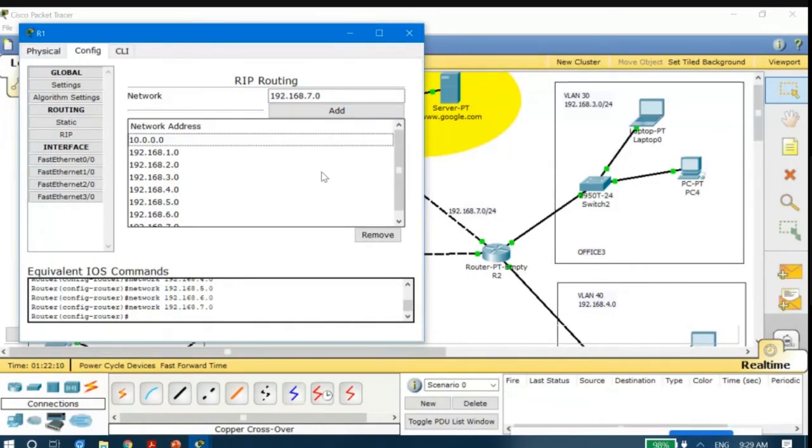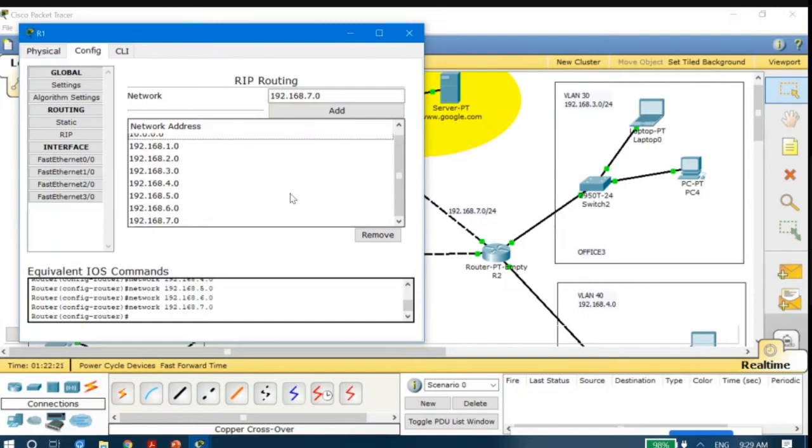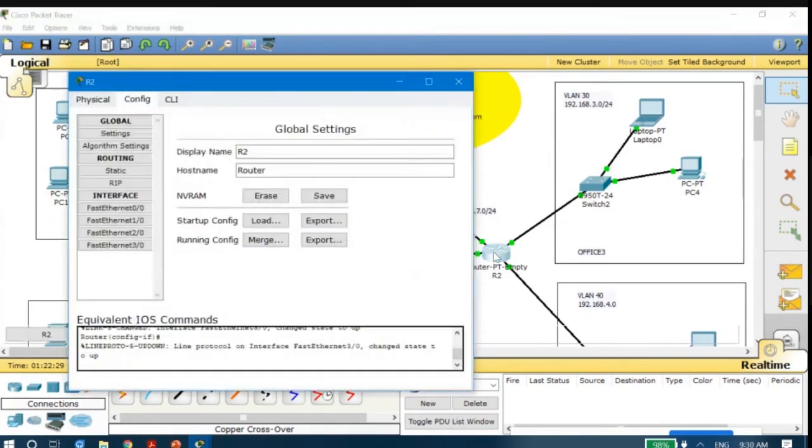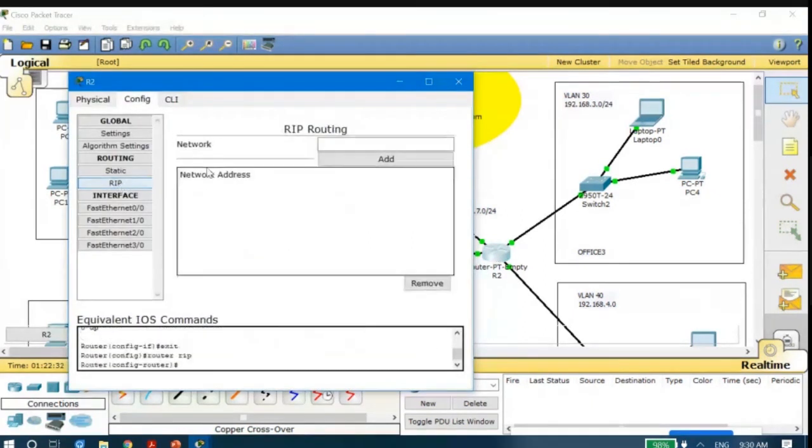Once I have done that, just close it. These are the addresses: 10.0.0.0, then 192.168.1.0, 2.0, 3.0, up to 7.0 you have to enter. Once you have done it, go to the next router and do exactly the same thing with RIP, and assign the network addresses: